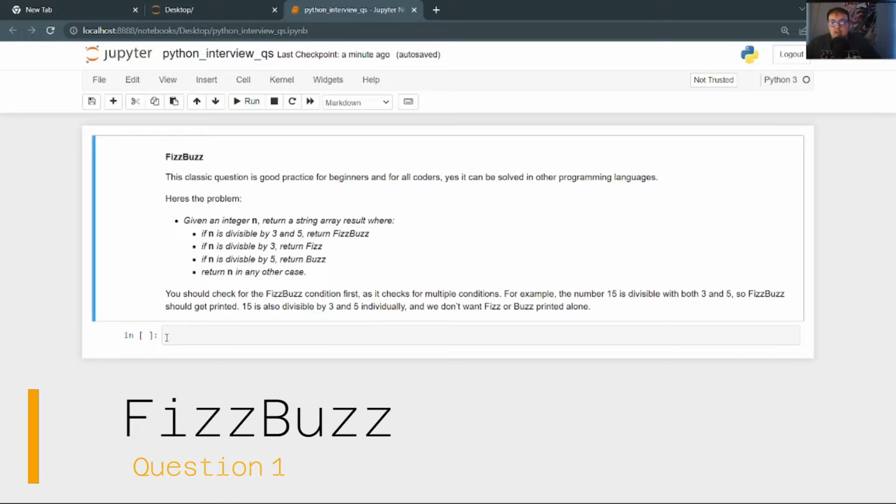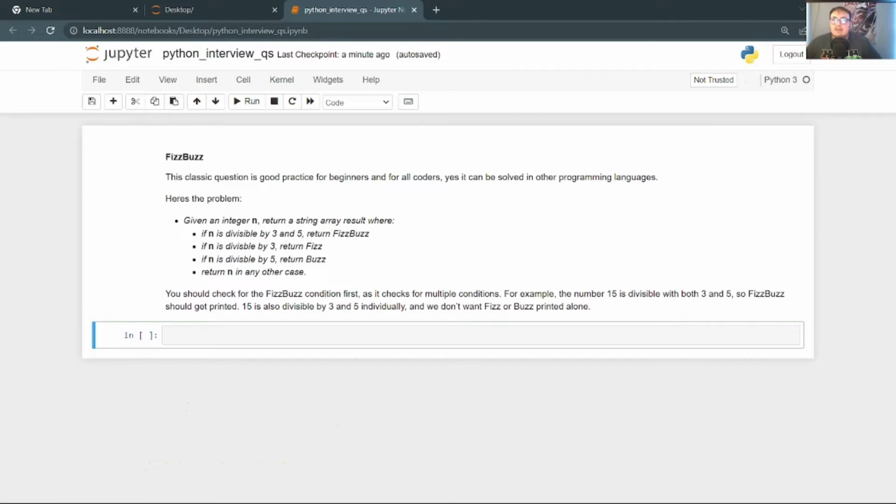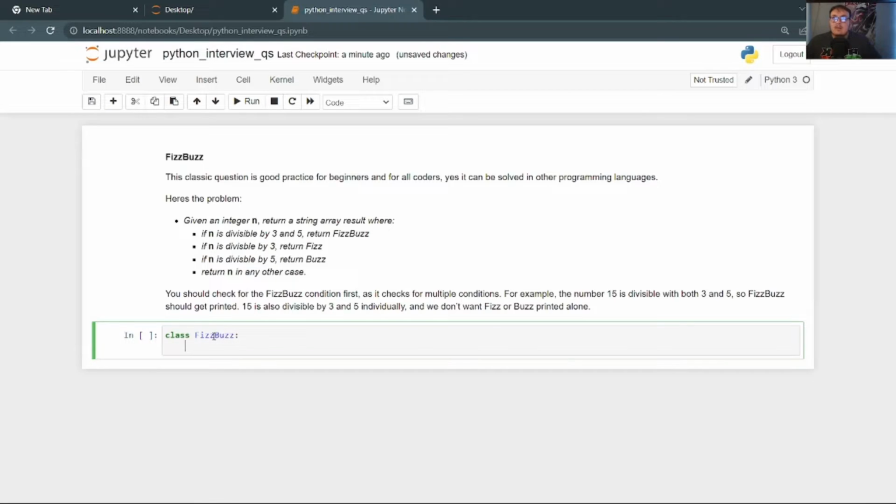So I'm going to create a class. You don't have to, I just like to do it only because I'm extra and it's fun. But we can just start with creating a class called FizzBuzz. And the way I'm thinking of it is that in init we're going to have our self object, and then we're not going to have a list of arrays, but we're going to have a number.